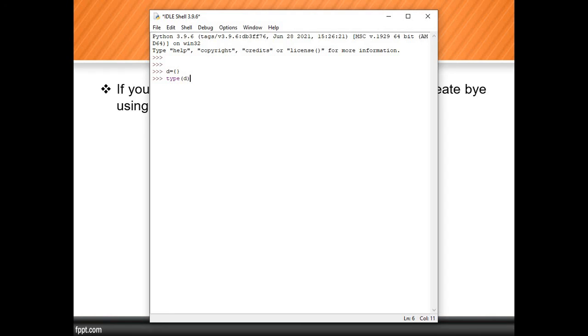When we use empty, there is an empty set, an empty frozen set, and an empty dictionary. We don't worry about the frozen set, because we need to convert that D into a frozen set. So we have only two options: either it will be a set or a dictionary. According to you, what kind of data is it? Whether it is a set or whether it is a dictionary?